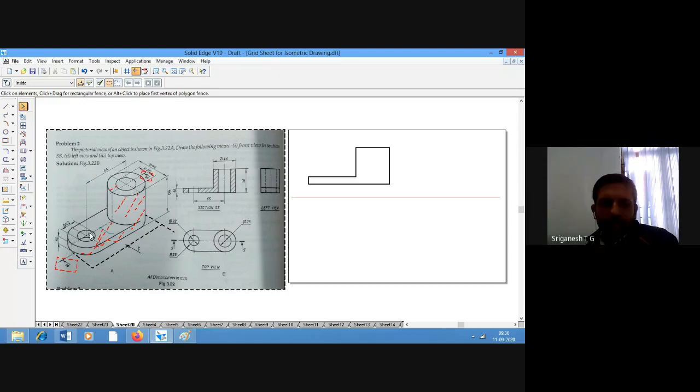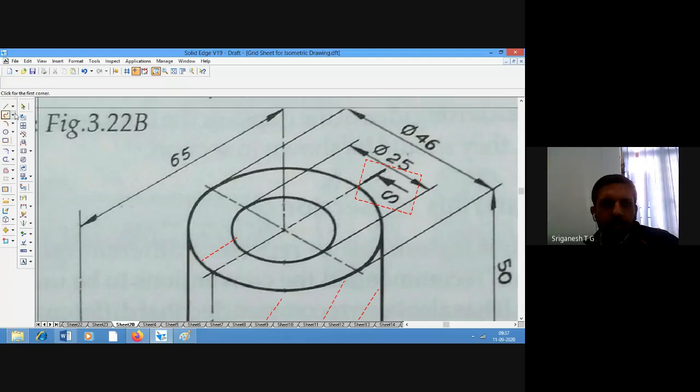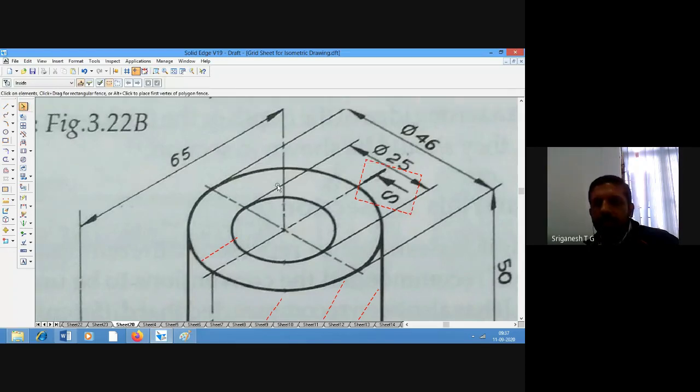Now, anywhere that we get any circular hole or any hole, in such cases, we will assume it to be a complete hole from top to bottom. So if we take this diameter is 25, this diameter is 46.